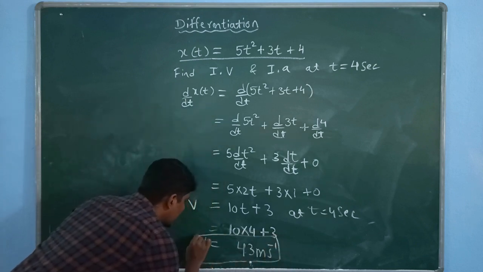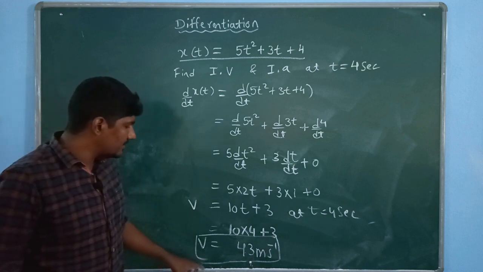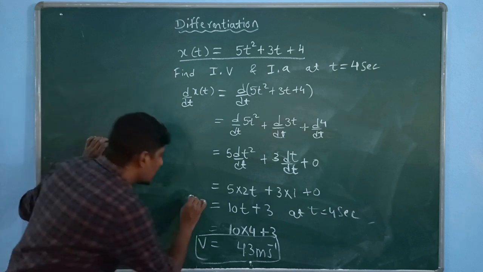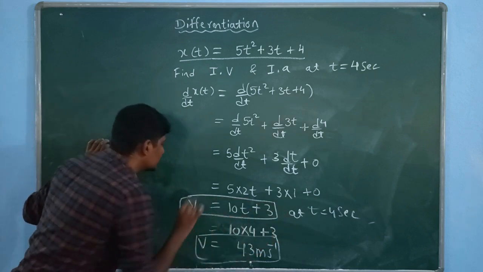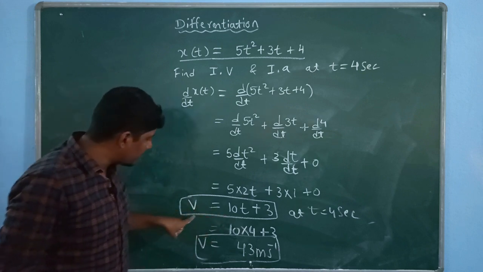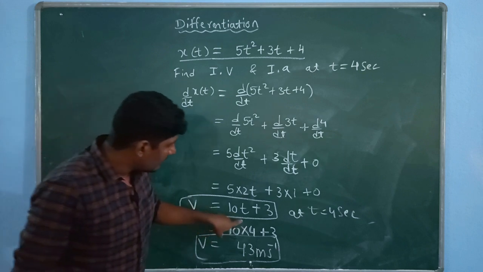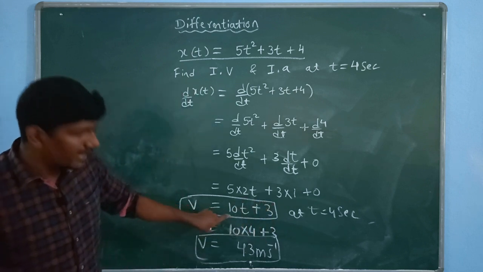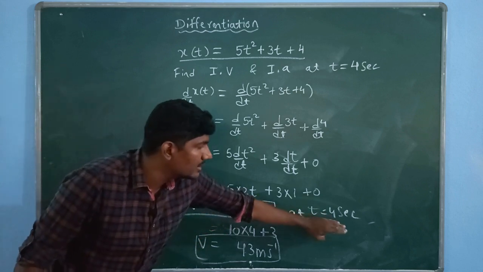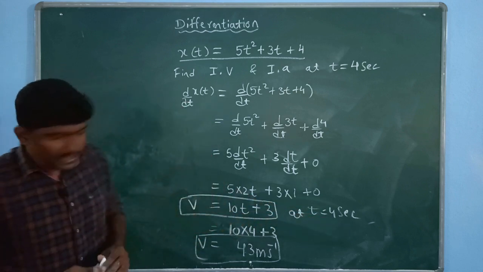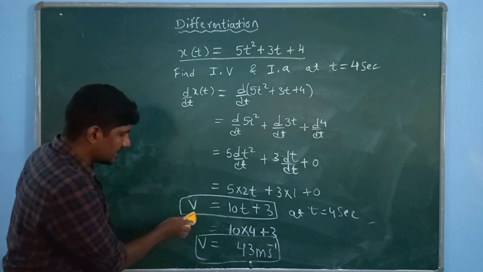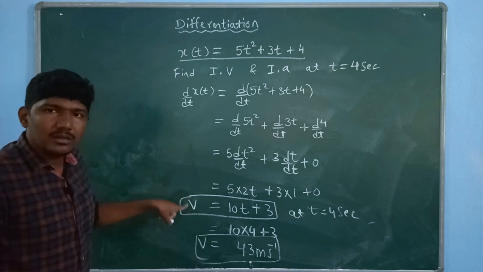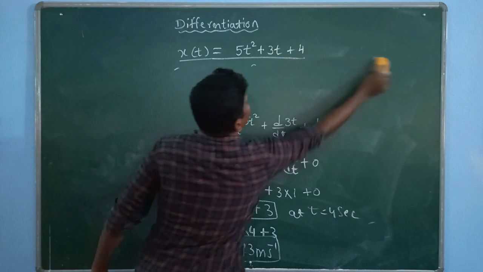This is half part. Now we have the remaining part. What is that remaining part? If you want acceleration for this same function, what do you need to do? For that, take this expression, or you can call it a function, where we have 10t plus 3, and differentiate this again. Take the equation before you put the value of time. Why do we need to differentiate v here? Because we need acceleration. Rate of change of velocity is called acceleration. So let's do it. Very simple.